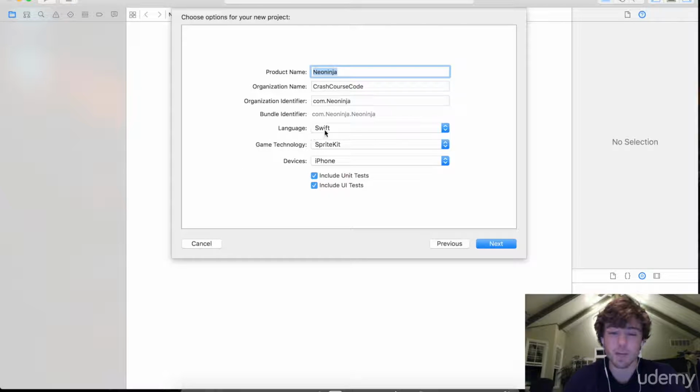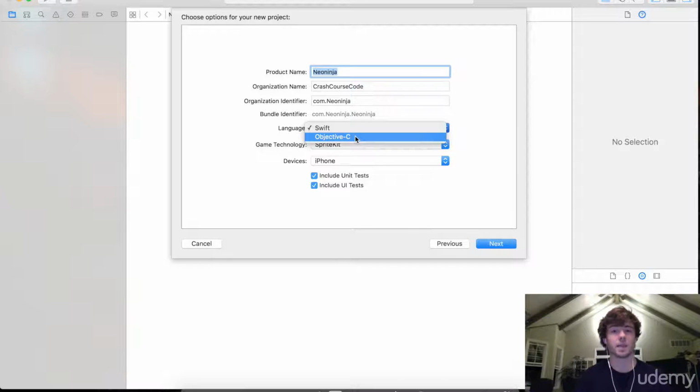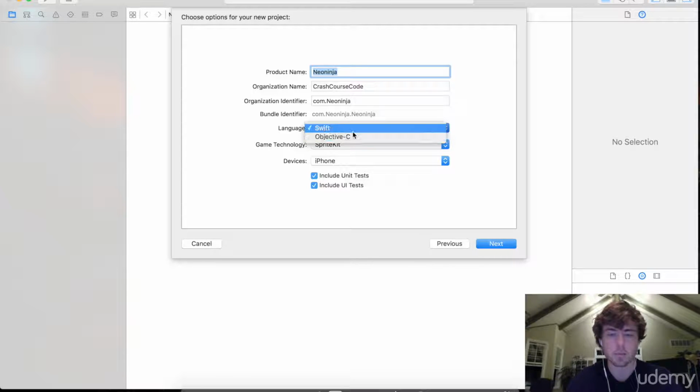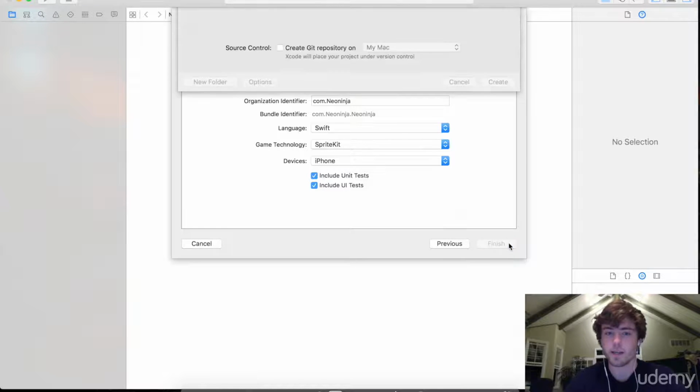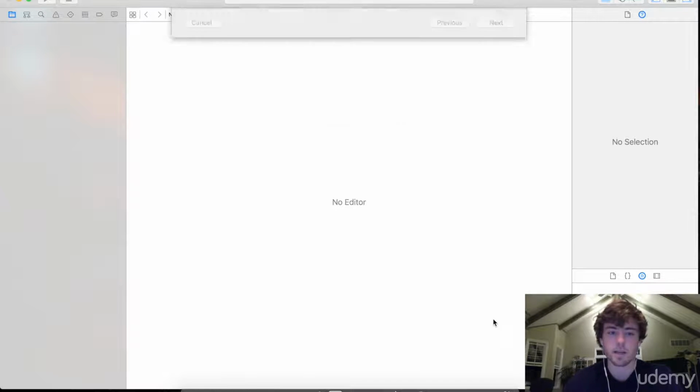For our language here, we want to do Swift. Now, Objective-C is the previous language that Apple advocated for use on all of their products, and it's still very relevant today. Swift is just the newer programming language that Apple wants to move forward into. Swift and Objective-C can be cross-compatible, so there's no worry there. But just hit Swift. For game technology, we want to hit SpriteKit, and devices iPhone. So hit next here, and this should get us set up with a basic